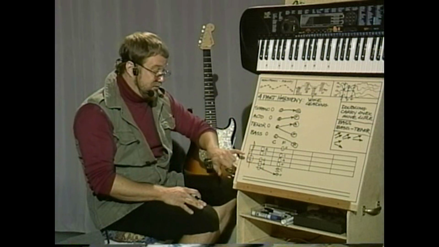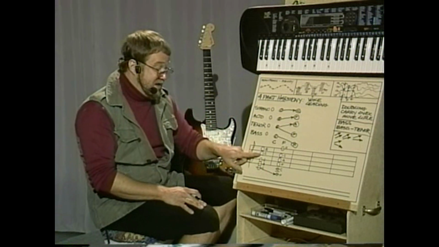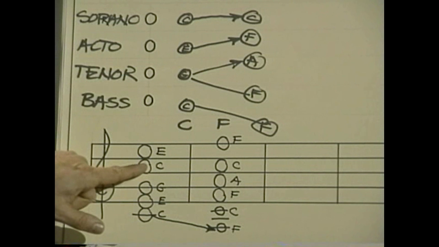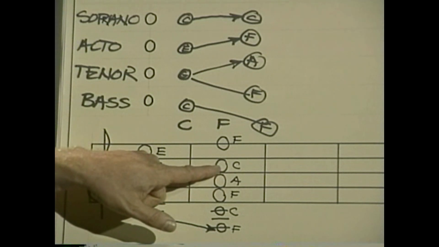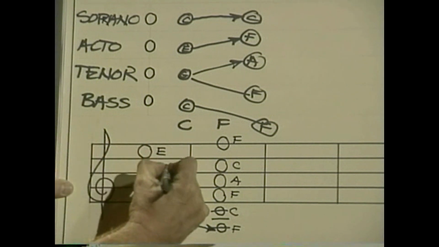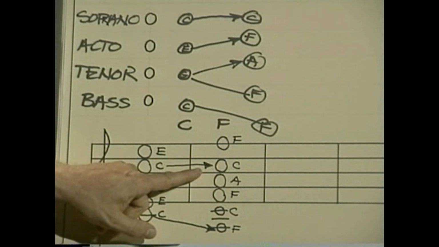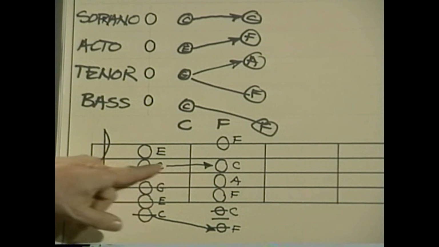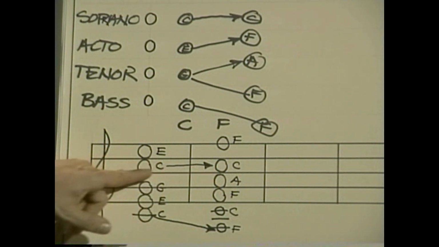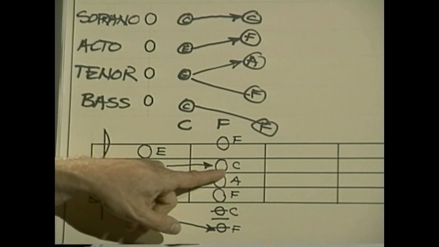Now let's take a look at other things that are happening. In a C major chord, you have a C note right here, right? And you also have the C note in the F chord because it's the 5th. Well, notice how this voice just carried over. It didn't go up or down. That is one of the things you're supposed to do in proper voice leading. If 2 consecutive chords share a note, that note is supposed to be just carried over into the next